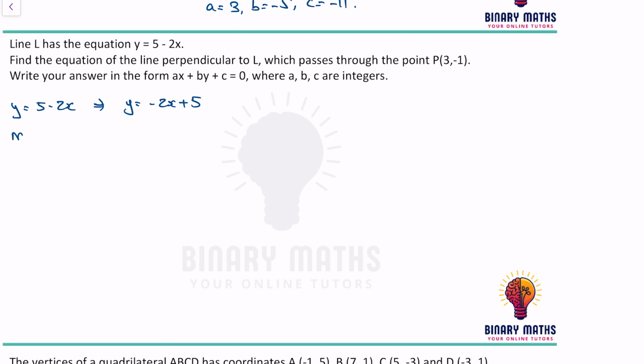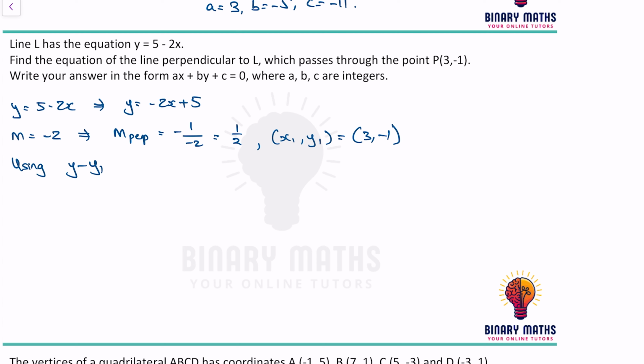So my gradient is equal to -2, which implies the gradient of my perpendicular will be the negative reciprocal of this, so negative 1 over negative 2, which is equal to a half. I also know that a point on this perpendicular line is (3, -1). So using again y minus y1 is equal to m times x minus x1, I end up getting y minus -1 is equal to a half times x minus 3, which is y plus 1 is equal to half